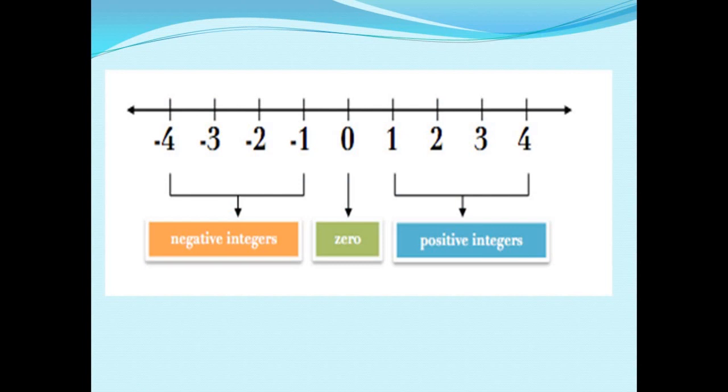To represent integers on a line, draw a straight line, mark a point on it and label it as 0. Select a unit of length. Mark points on the line at unit length intervals from each other on both sides of 0. Label the points to the right of 0 successively as 1, 2, 3, etc.